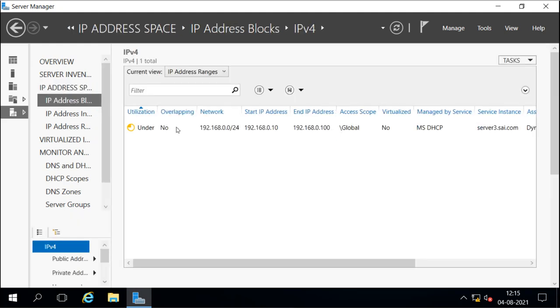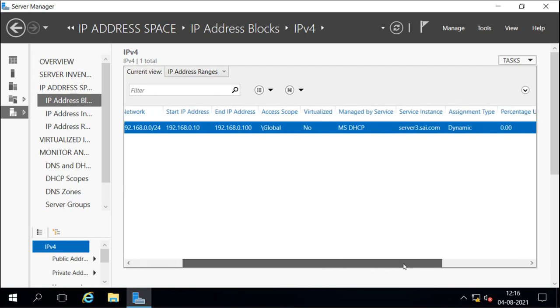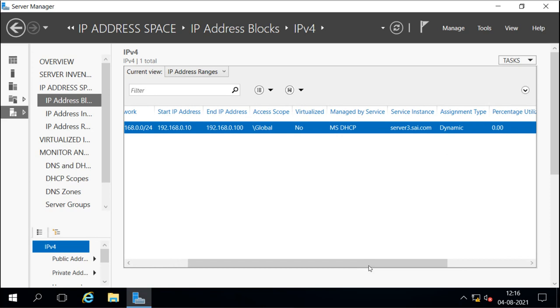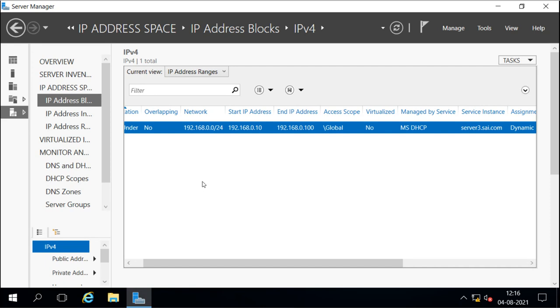Under the address block we can configure, or it will take the information from DHCP also, what blocks are available or what blocks are configured to be distributed from the DHCP server, or blocks of IP addresses you have statically configured. So you can create the range of the blocks, the range of the IP addresses, and the range of the DHCP also shows here. It is showing that this is the range which is given to the global DHCP to allocate. Its assignment is dynamic, so you can decide assignments also.